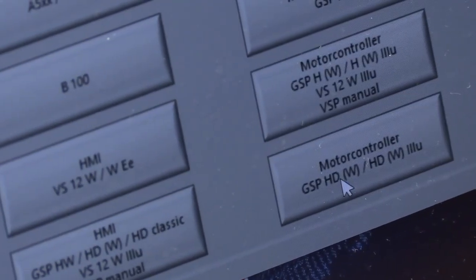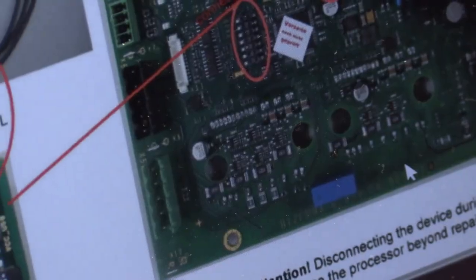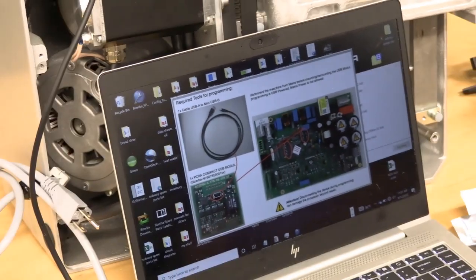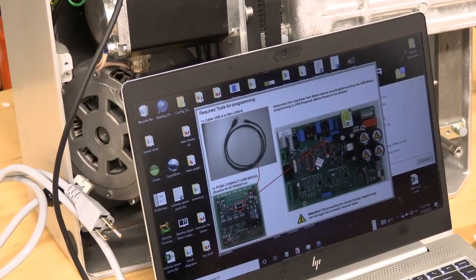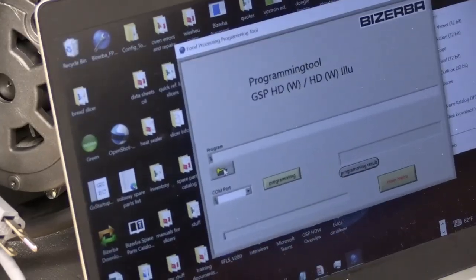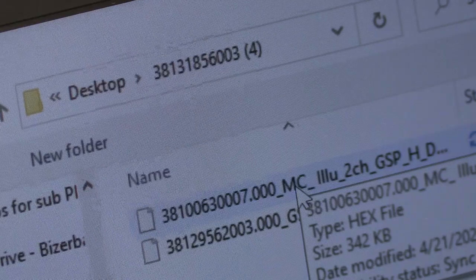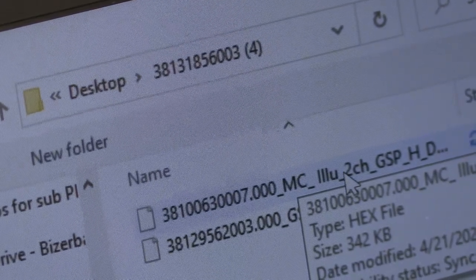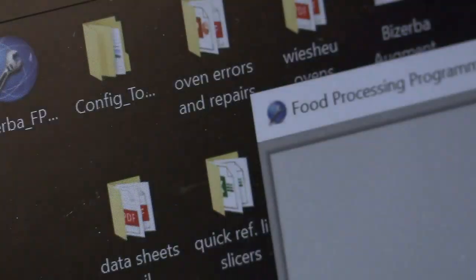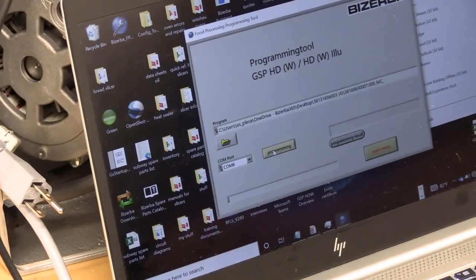Instead of going to the HMI, we're going to go to motor controller, GSP HD, HDW, HD, HDW illumination. Click on that, shows you a picture. Make sure not to be connected to your mains power. Click on it again. Go to your folder. It should automatically come up if you're doing this in succession. Pick your MC hex file. Hit OK. COM port, COM port 6, hit programming,